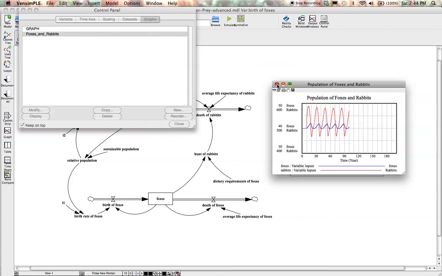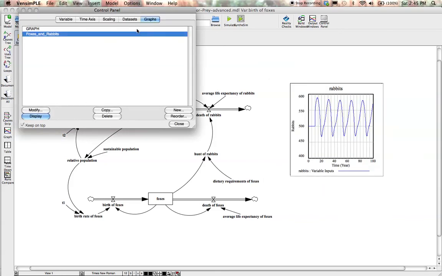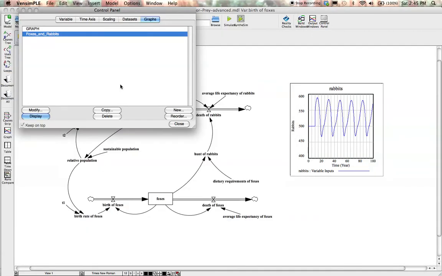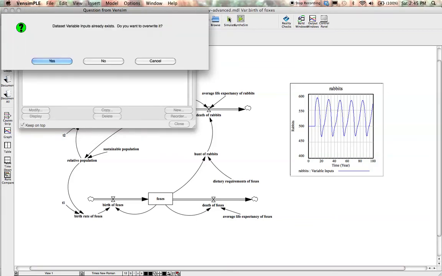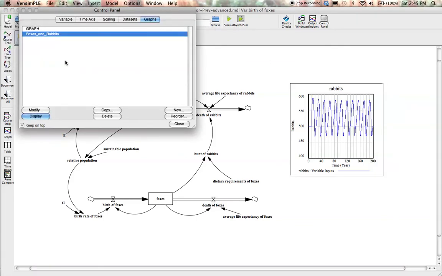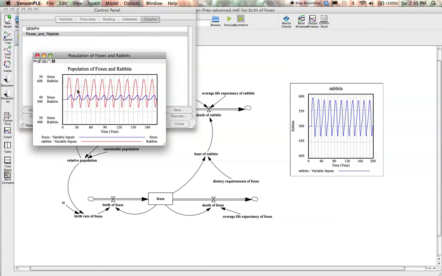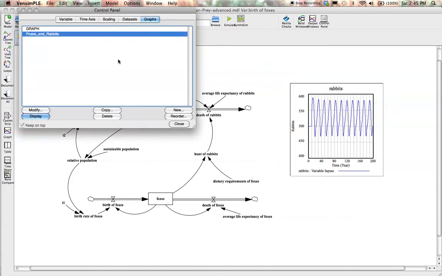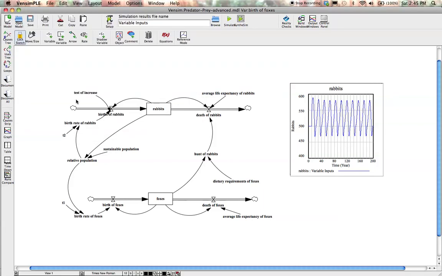So let's actually redo the simulation now, going to settings and running to 200. Okay. Now we can rerun, and then we can simulate again simply. Just say yes, so it replaces, and you can display the new graph. You see it's revised, sort of the same graph, it just extends to 200. So I thought I'd show that in this case,